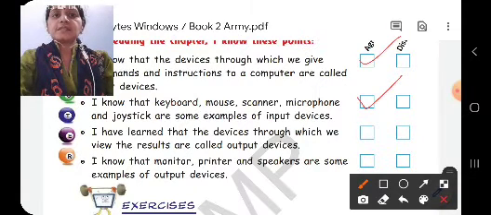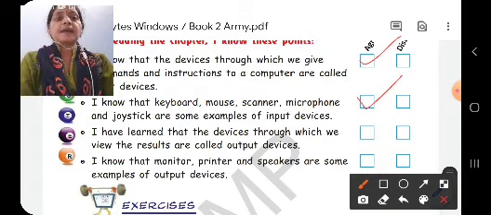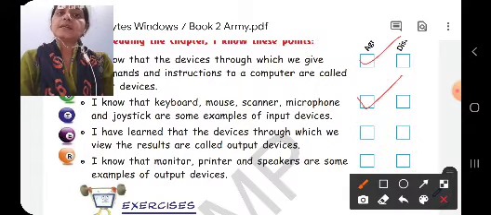Now, next is, children, I have also learned that the devices through which we view the result are called output devices. As we know, after giving command, instruction or any kind of information to the computer, it performs work, and that work is displayed on the monitor, and that information which is displayed on the monitor is called final result, and this result is nothing but the output.